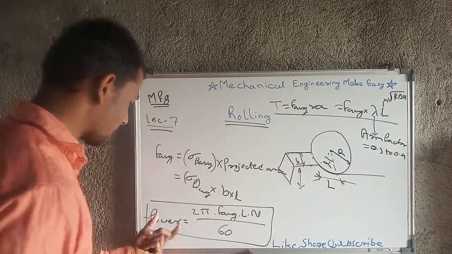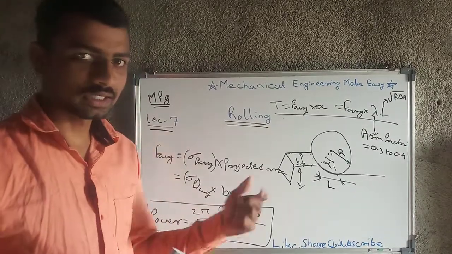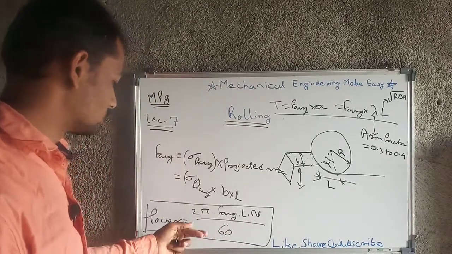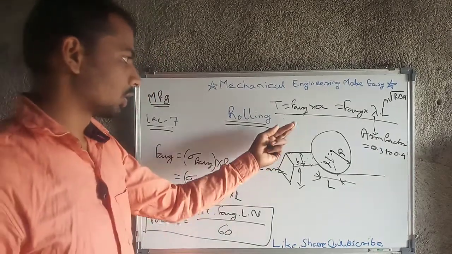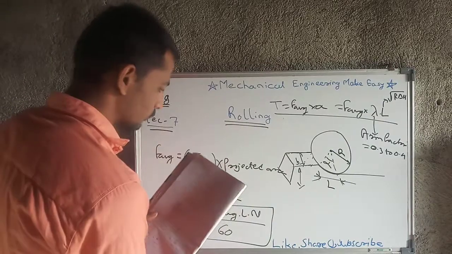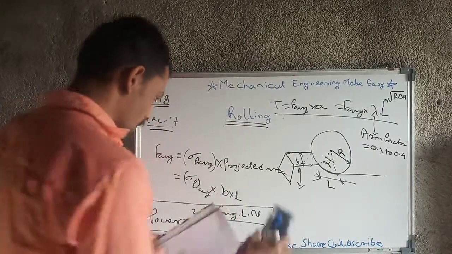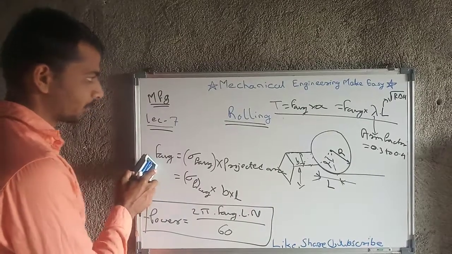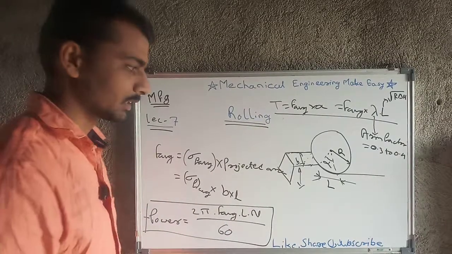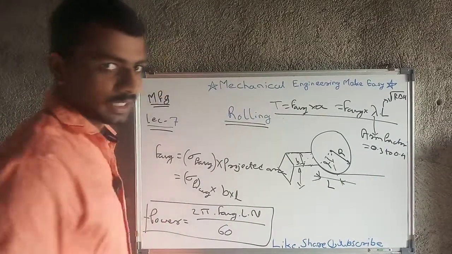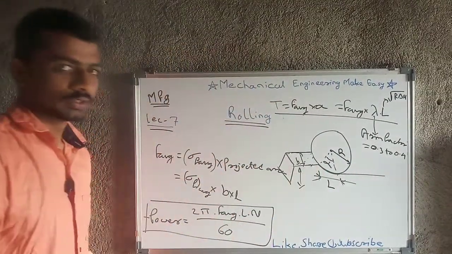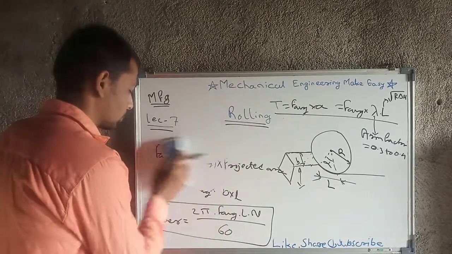There is a derivation for the calculation of the power formula also, but in the case of the GATE exam, they are not going to ask you the derivation. They will ask you only questions on the power formula, F average formula, or torque formula, etc. That's why I am giving you only formulas. So go with these formulas, you will not face any problem. I have given you the power formula, F average formula, torque formula, before that the length formula, the bite angle formula, and so on. All the formulas are very important. If you need this figure, you can draw it likewise, or by your imagination also you can draw the figure, no problem.